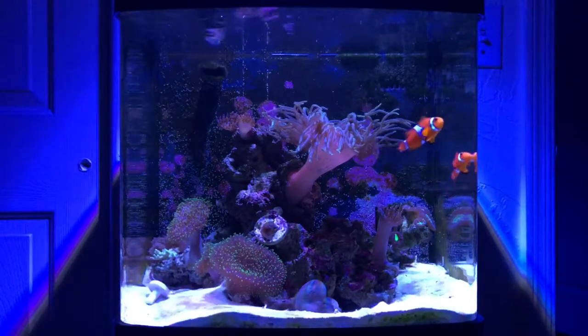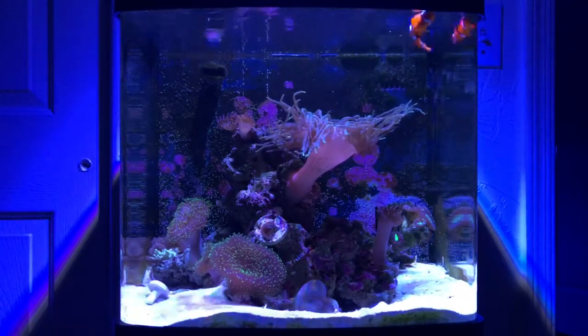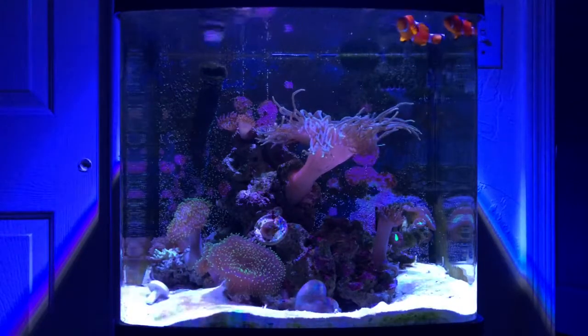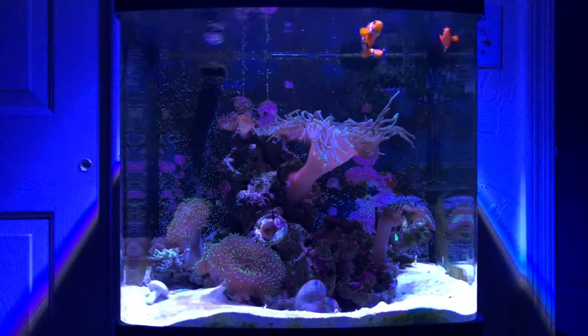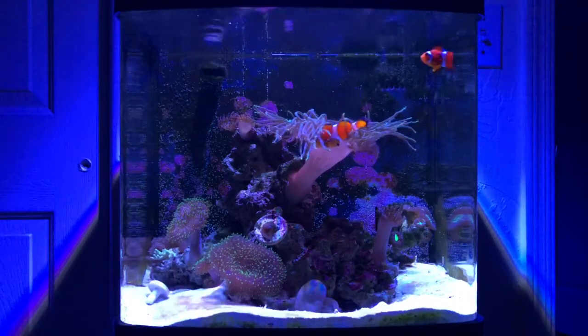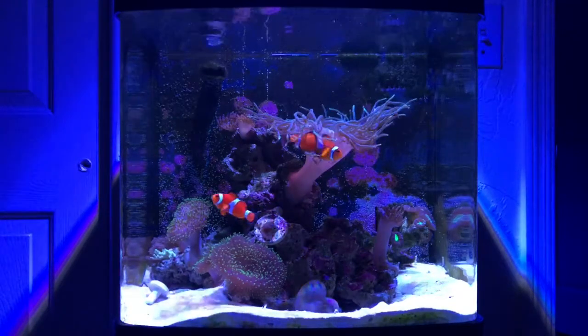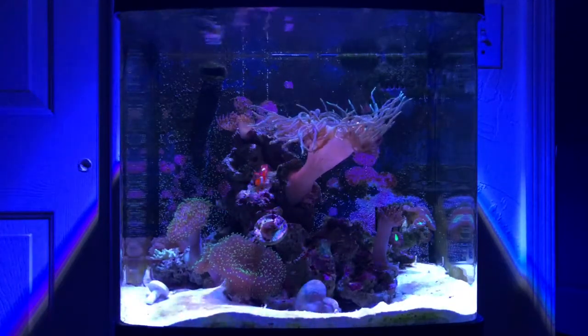Today I'm going to be talking a little bit about this 14-gallon Biocube I put together a few years ago. It's gone through some different stages. At one point I had, believe it or not, a little bit of SPS in here. But it pretty much wound up just being a softy and anemone tank because I really don't like to maintain